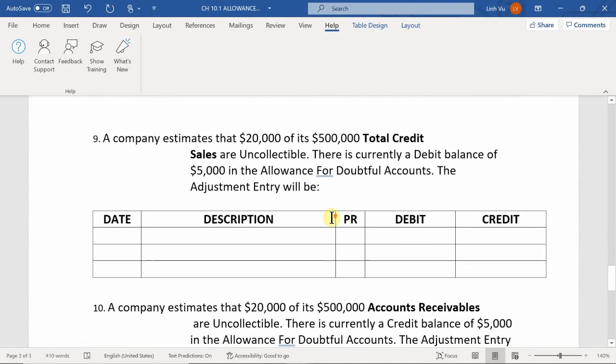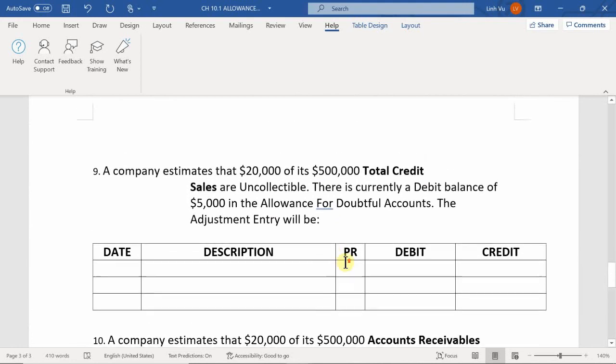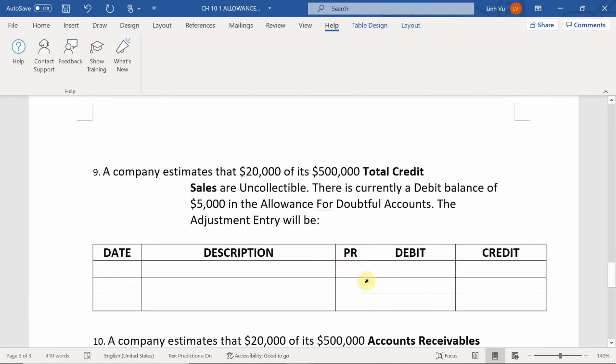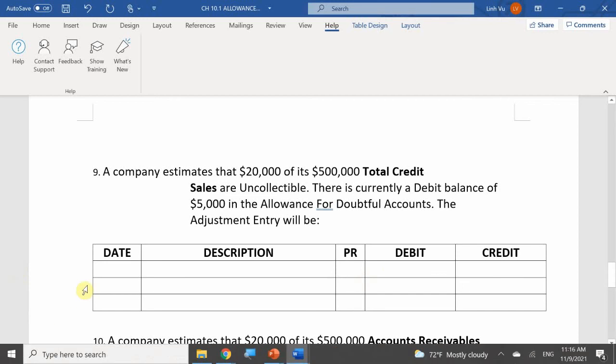Okay. So then a company estimates that 20,000 of a 500,000 total credit sales is to be uncollectible, and there's currently a debit balance of $5,000 in the allowance for doubtful accounts. So the adjustment entry will be